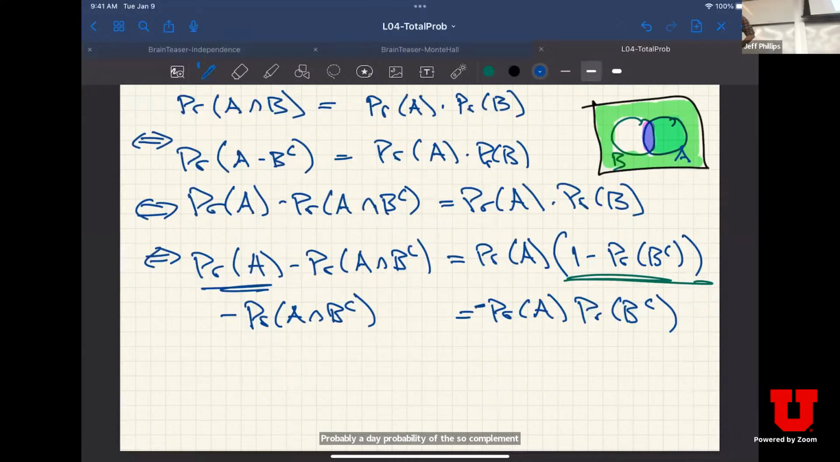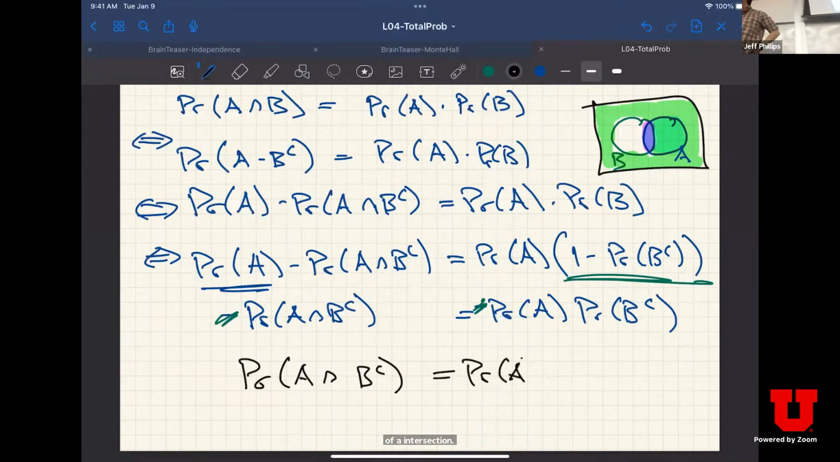Okay, and I can get rid of this minus sign on both sides. And then this is actually the definition of A being independent of B complement, right? Let me write this more clearly. Probability of A intersection the event B complement is equal to the probability of A times the probability of B complement, right? So if A and B complement are independent of each other, which is what I wrote at the bottom,